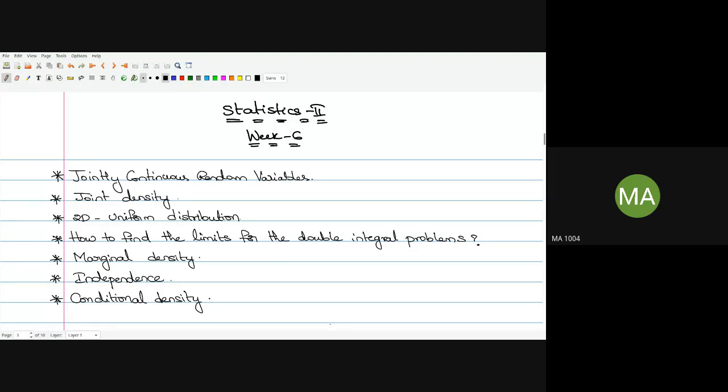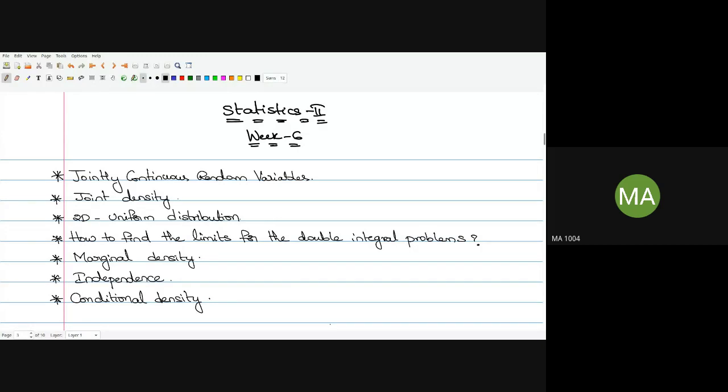Yes, sir. So week 6 is basically about the joint distribution of continuous random variables. We started from week 1. In week 1 we saw joint distribution between two random variables which are discrete. Slowly we moved between discrete and continuous in week 5. What if one random variable is discrete and another is continuous? How will the joint distribution look and how to compute the probabilities, we saw in week 5.